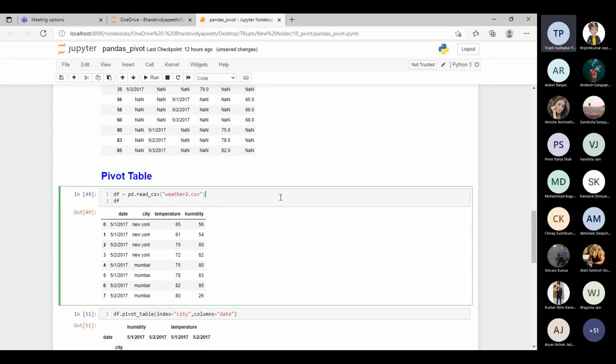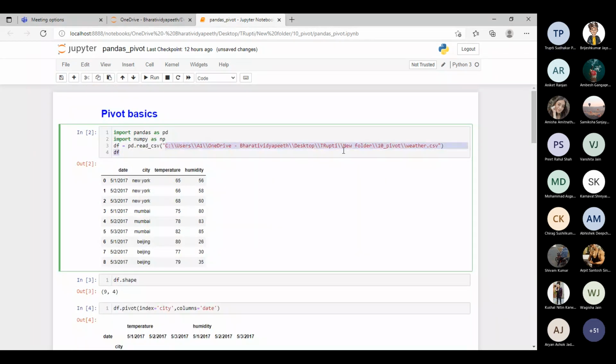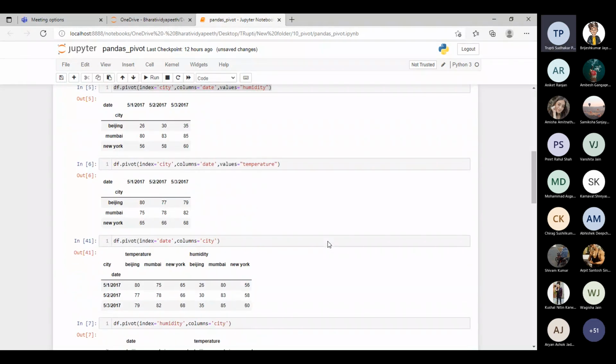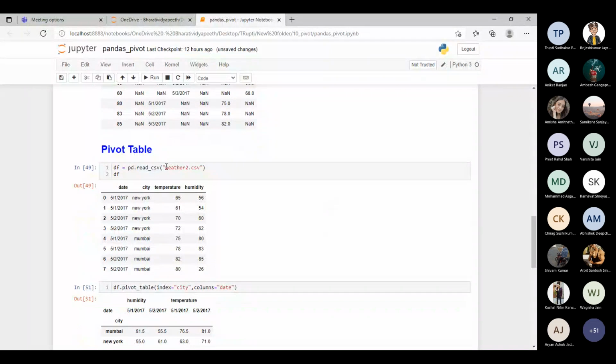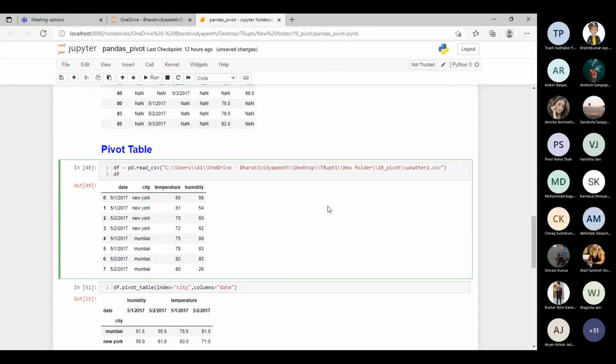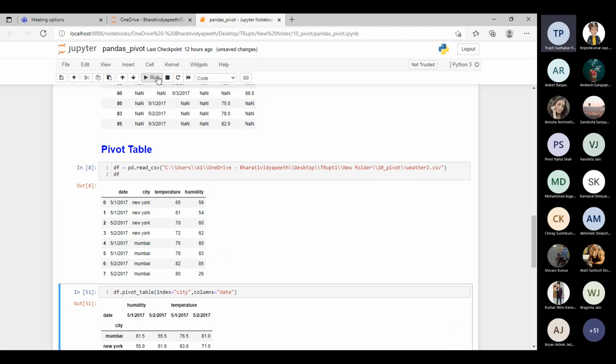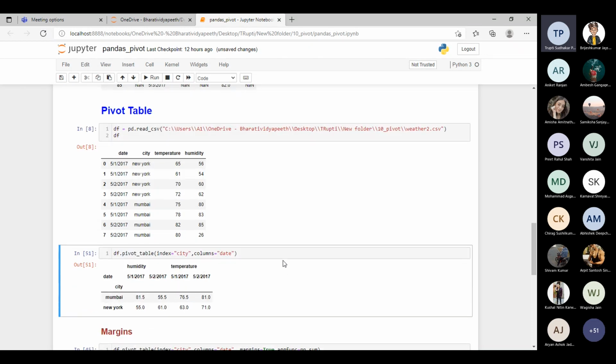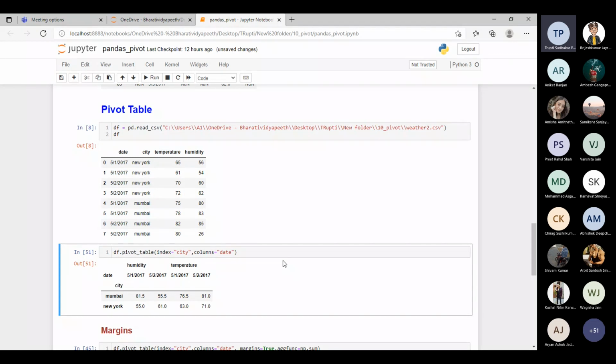Okay. For that pivot table, I have another data, that is weather two. Okay. So I will again copy the path, and I have to set the path. I will just copy this here. Save folder. Okay, so this is another CSV file. In that, we have seen the same data, only records are fewer. In the upper table, we have 9 records, 0 to 8. Here we have 0 to 7, 8 records. Okay, so just a simple data is created.